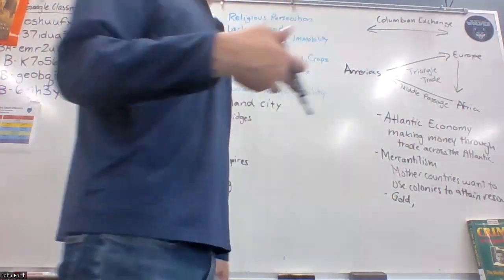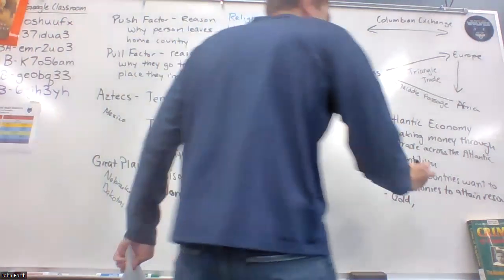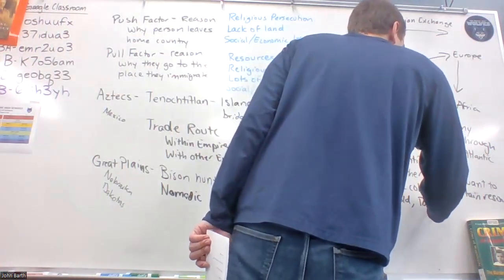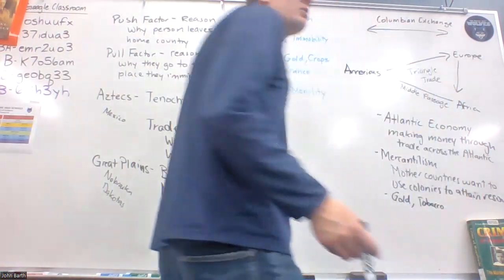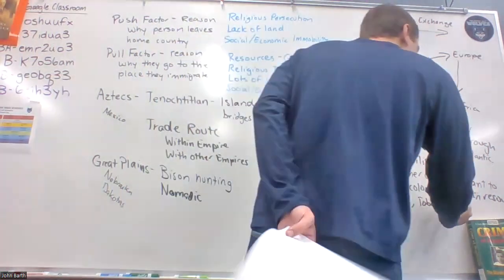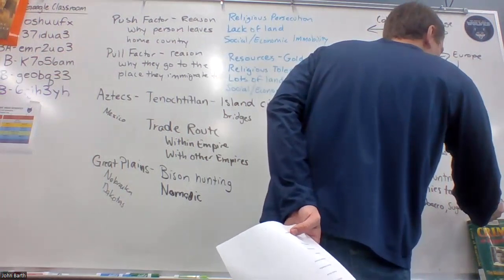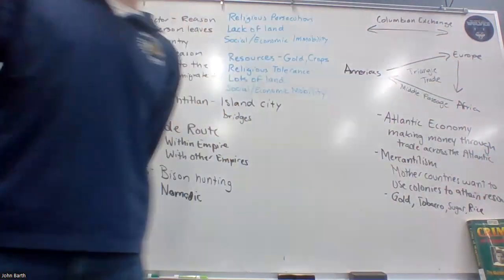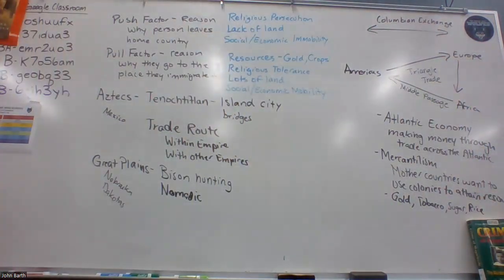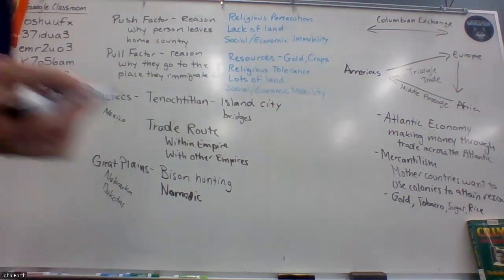Other hard to get resources could be things like tobacco, specific places that aim to grow tobacco well, or sugar, or rice. Very specific places where you can find those resources. That's where we can get the stuff and we can bring it back to the mother country, make money off it. Even things like lumber.